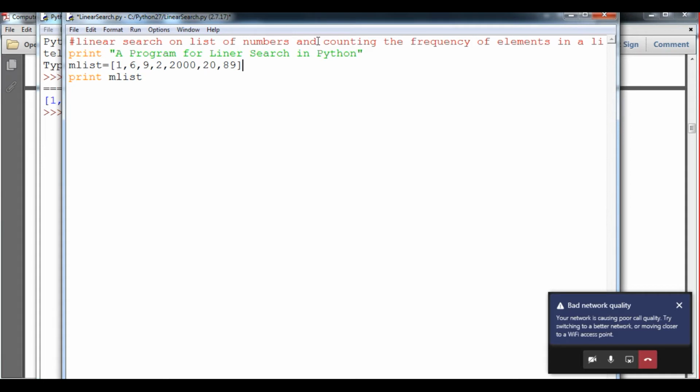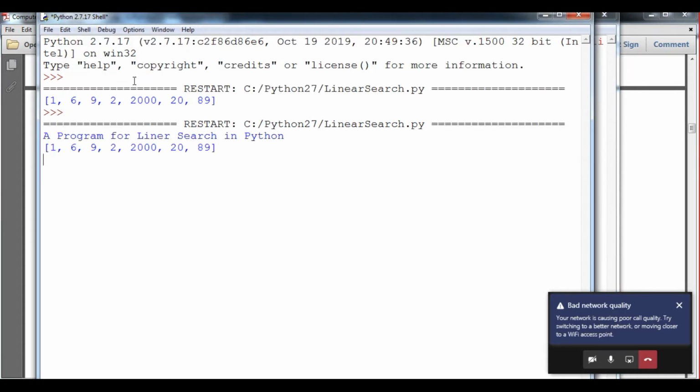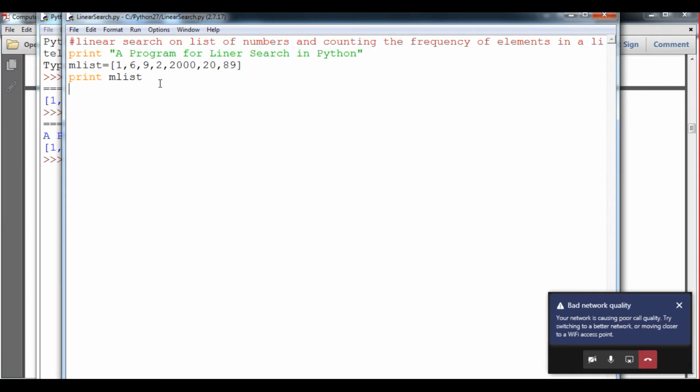So what we have done, students, is we have simply printed a message to the user, a program for linear search in Python, and then after that a list. Okay, so here I will ask the user for the search value.